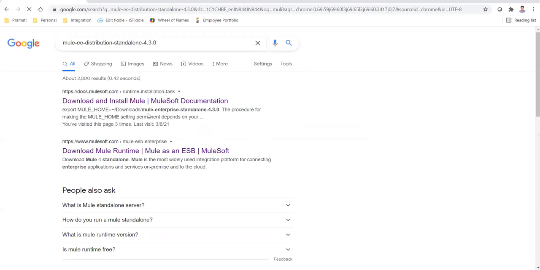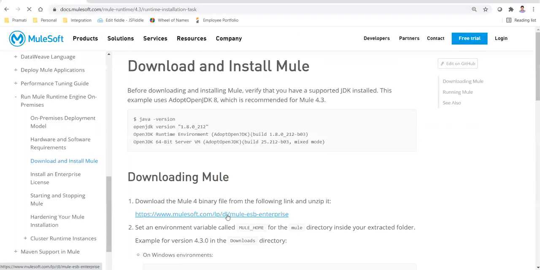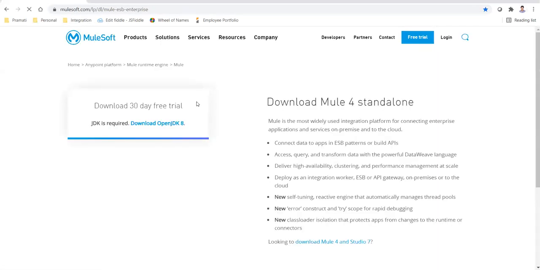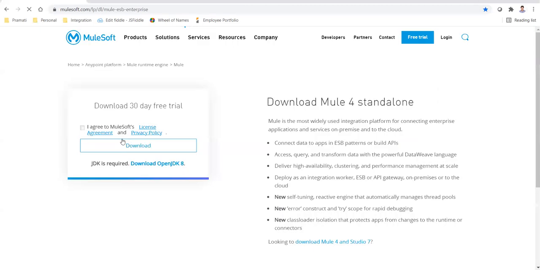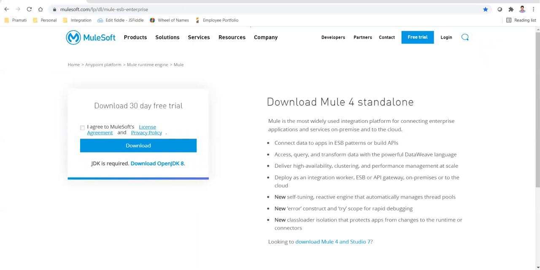Okay, you take the first link, then from the MuleSoft documentation you'll get a link. Then you can go here and get the 30-day free trial standalone runtime. Okay, so I have already downloaded. So let me show you that.